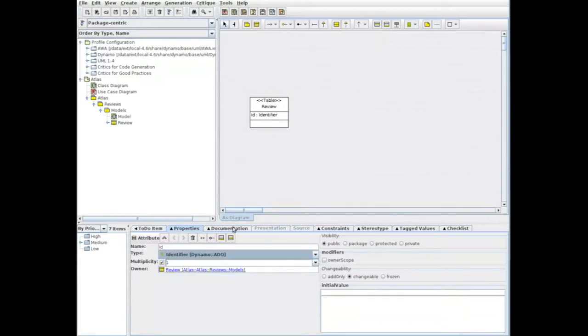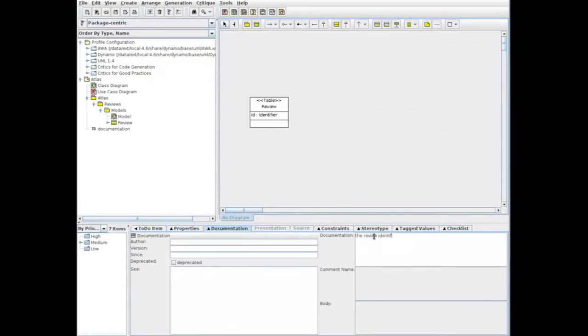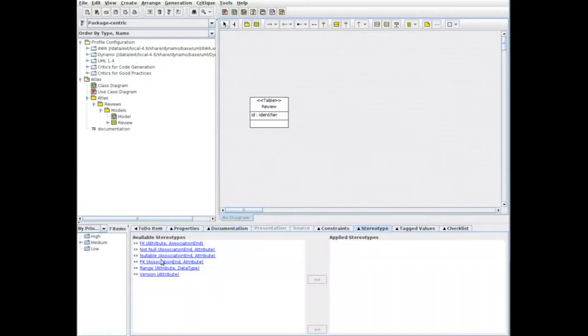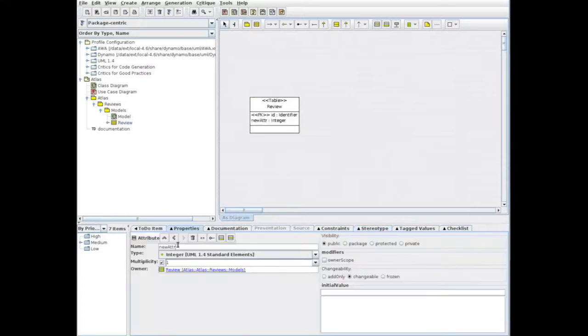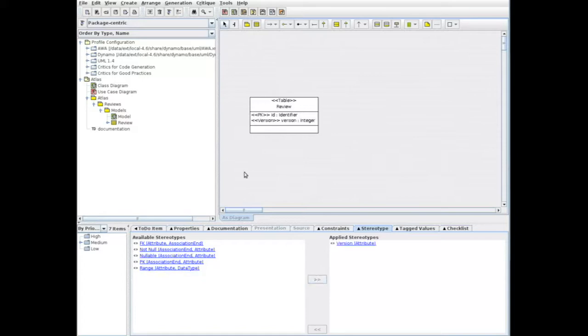We add the ID attribute and give it the PK primary key stereotype. The version attribute is an integer and it has a version stereotype.